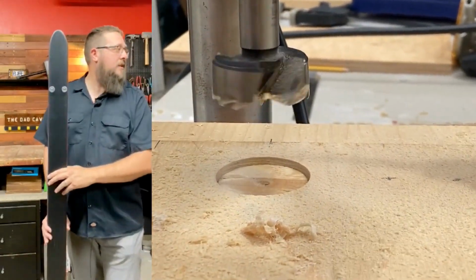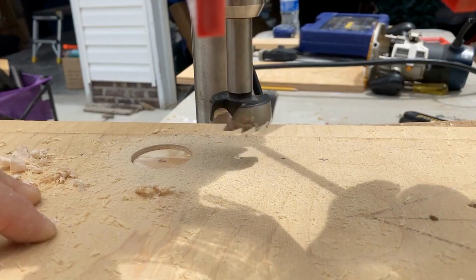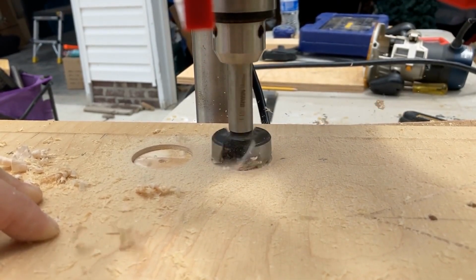Hey RT, it's a shot ski. The perfect backyard drinking game. No. Over at the Dad Cave, you may be making a shot ski, but here we're just making something to